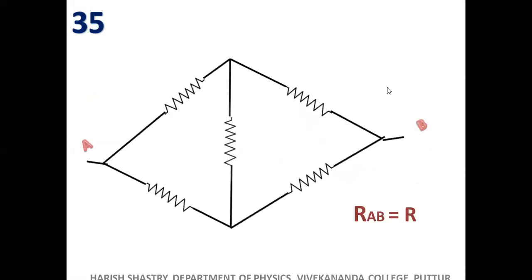Now we turn it. Is it a Wheatstone's network? The answer is R. Because you know that if all the resistances of a Wheatstone's network are R, then the equivalent is R. Of course, the middle one has no current and doesn't contribute to any resistance. No current passes through this. This and this will be at the same potential, and the equivalent is 2R parallel 2R, that is R.